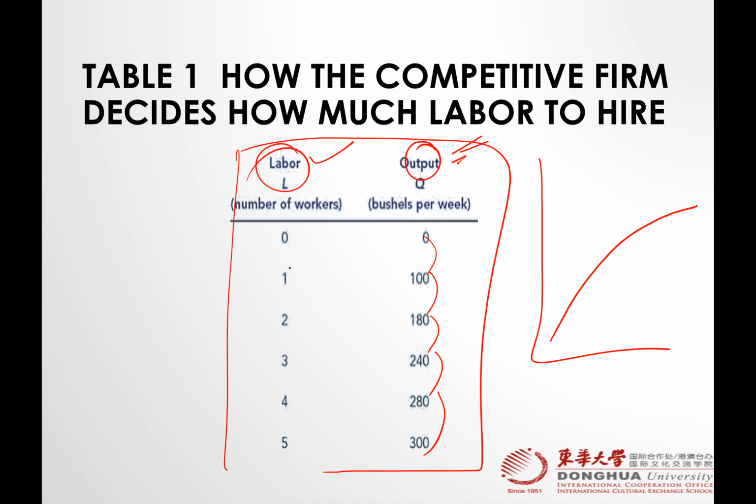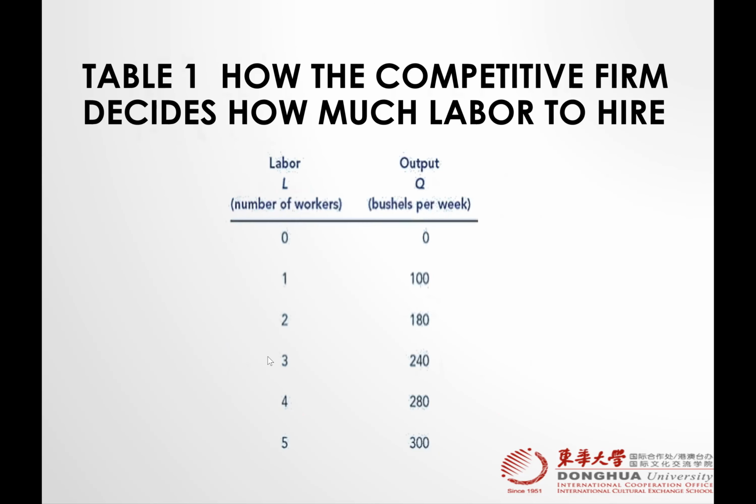But there is one property, and we talked about it over there, the diminishing marginal property. If we hire one worker, he can pick 100 bushels of apples per week. If we hire a second worker, the total is 180 bushels, which is higher in total, but in terms of the individual we added, he is adding just 80 bushels. If we hire a third person, he is adding just 60. So the addition in total output is good, but the rate of addition is lower. We call this property diminishing marginal product.